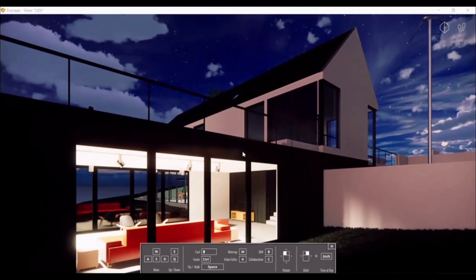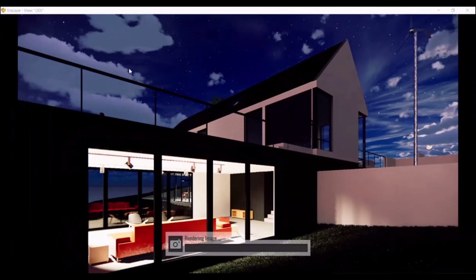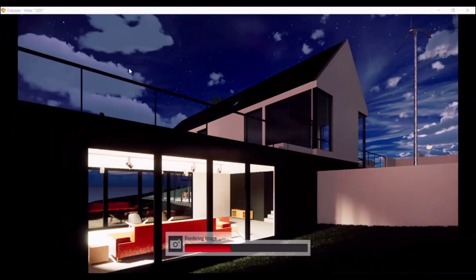Yes. So let's take a screenshot. For that, let's switch into Revit and go for take screenshot. You can render the image. If you click on this rendered image, you will get the realistic view.